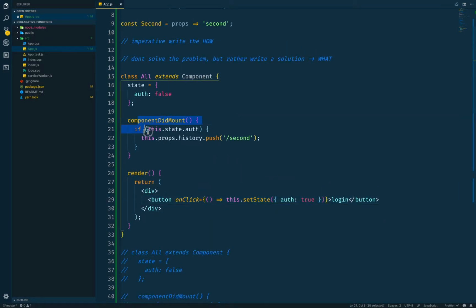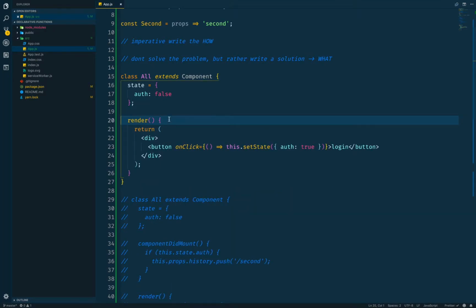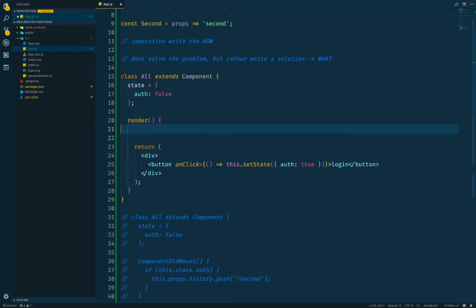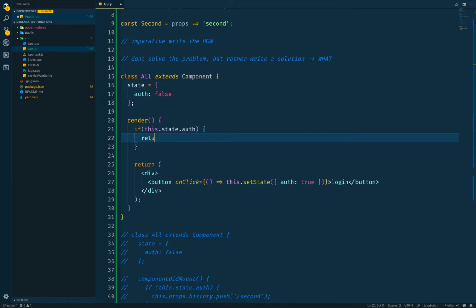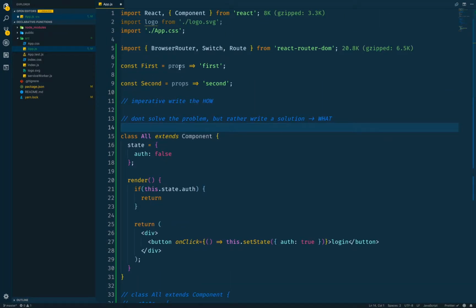You don't need componentDidMount. All you need to do is: if this.state.auth, then return another component